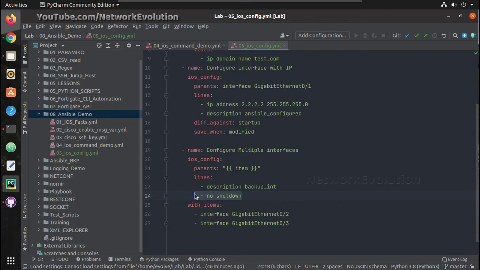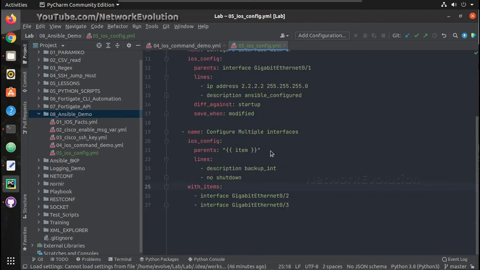It is always recommended to give the full command, because otherwise this configuration what we are pushing and the device configuration won't match. So to keep this idempotent, you always have to give the full command. For interface also, you need to give the full interface name. Now we'll just try running this.